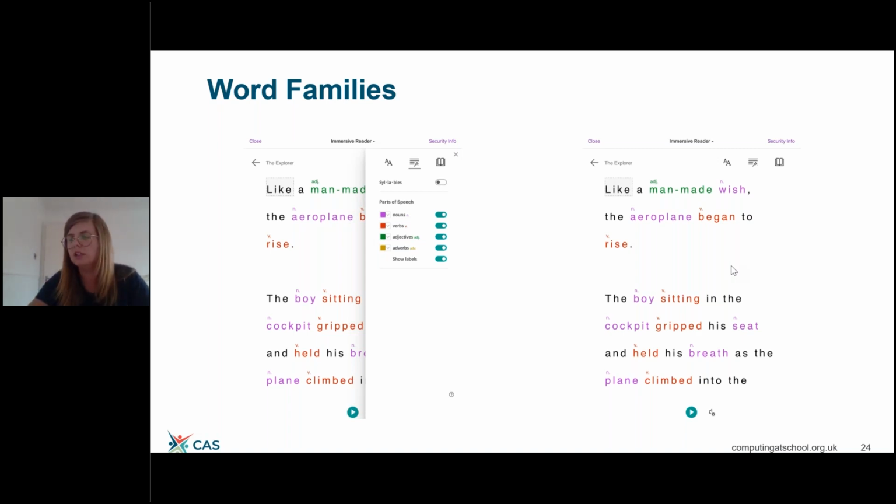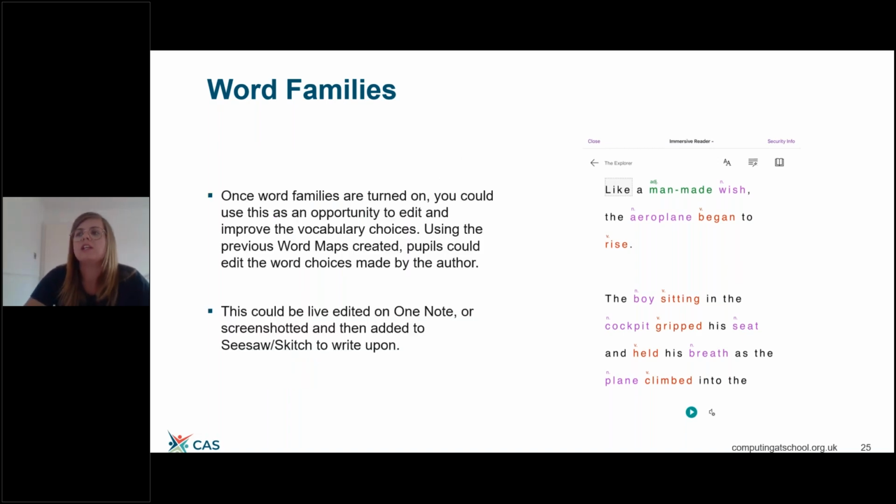So once they know that they've got an adjective, for argument's sake, of man-made, then you could say to them, right, well, we're going to want to edit it, we're going to improve that word choice. So it's an adjective, okay, it's got to describe, so therefore what can we change it to? And just the color code view for them to kind of see makes it so much easier for them to access it. So it's just a real cool tool that I found on OneNote, that the Immersive Reader allows you